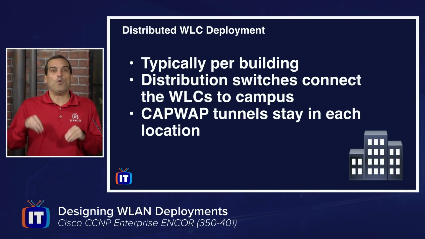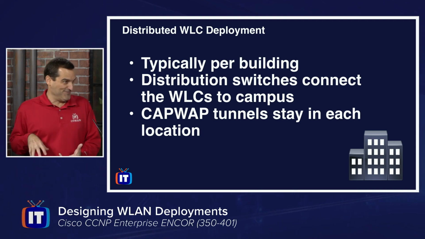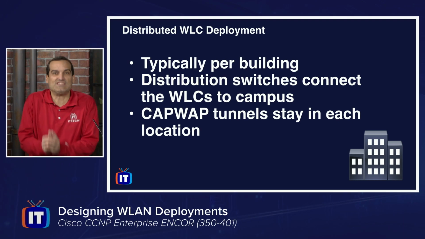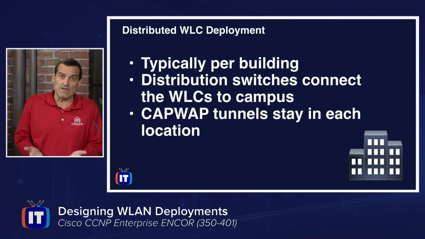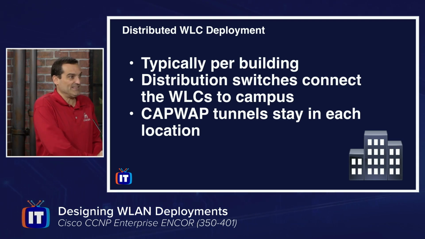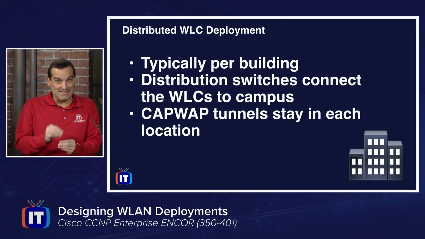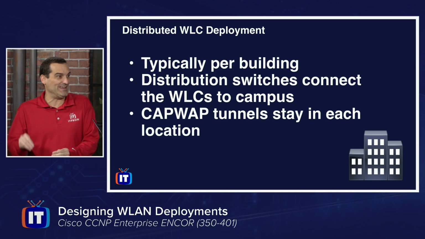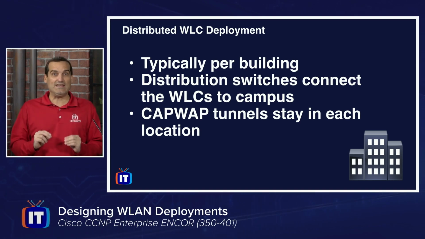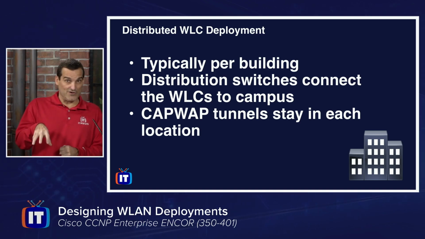We're going to take wireless LAN controllers and distribute them around our infrastructure as opposed to centralizing them. What are we doing? We're moving them closer to the access points that they control. And that's great because that makes it easier for the APs to communicate with the WLC. We need to make sure, of course, that we can get that access that we need to the wireless LAN